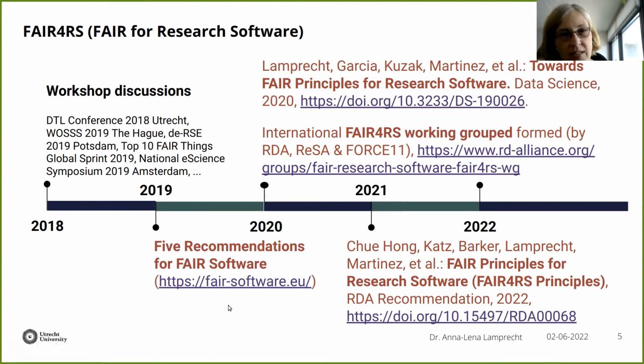So in 2019, the Netherlands eScience Center launched the recommendations for FAIR software. We're going to come back to that in a few moments. We had a first paper, a position paper on our thoughts on the FAIR principles for research software, in 2020 that was published in Data Science, and I think in the first half of 2020 it was the most read paper of that journal, which again emphasized the interest in